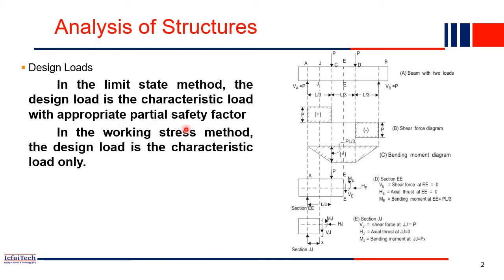What is this partial safety factor? Let's consider a load, because when we construct a structure, there are a lot of uncertainties associated with it. There will be material uncertainties. The workers constructing the structure may also be skilled or unskilled. So material properties and so many things are uncertain in the construction of a structure. For example, you are constructing an apartment building, and considering only 5 people will be staying.